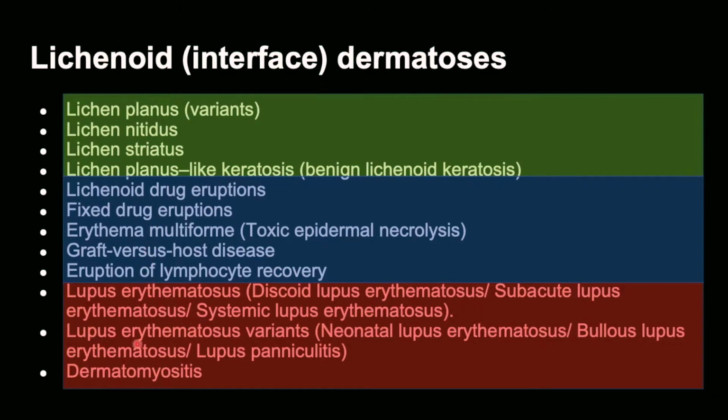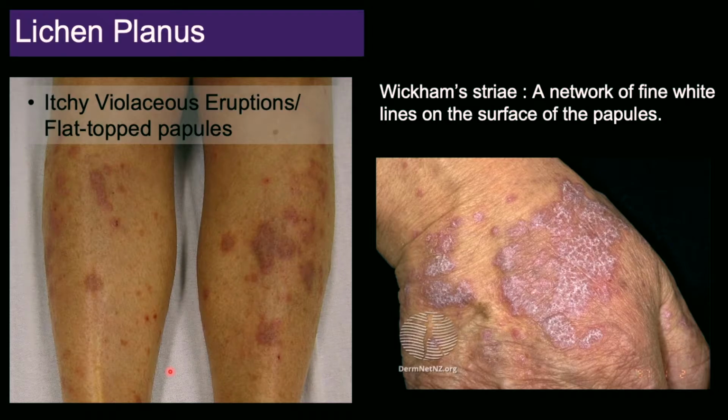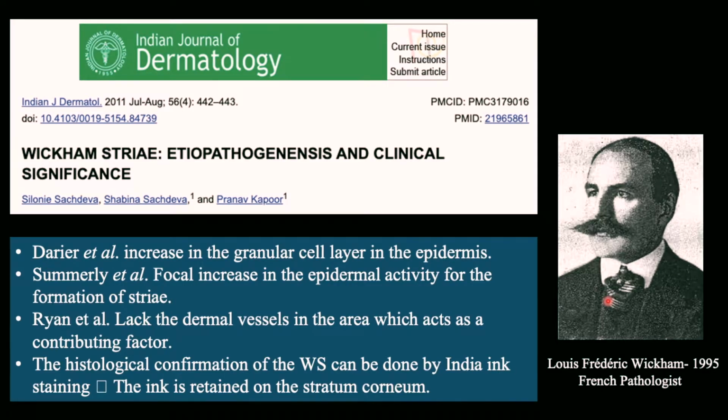Those are together, and we'll start with lichen planus, where the name came from. We all remember from our medical education the clinical features: they appear as itchy, violaceous eruptions. Sometimes they have the Wickham striae, this whitish network of fine lines on the surface of the papules. Many people have tried to explore